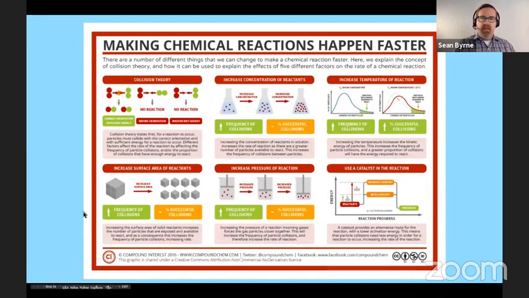www.compoundchemistry.com. They're a company that makes a lot of different infographics, such as this one. I think they look really great. But what I really like about it is it doesn't just look pretty. The chemistry behind them is really solid. And if you were to spend some time diving deep, which I'm going to do onto this one specifically about chemical reactions, if you dive deep in there, I think that there's a lot of learning that's going to happen.